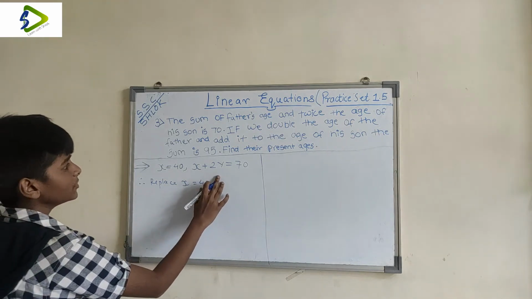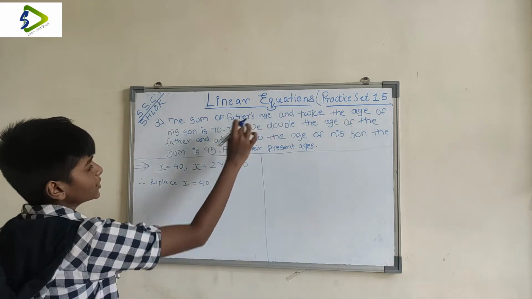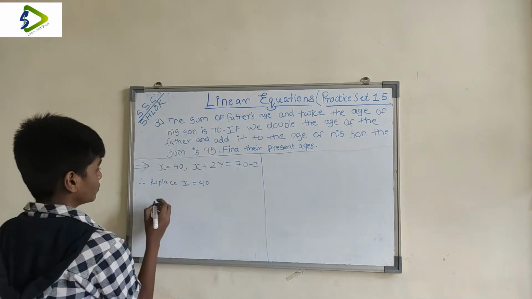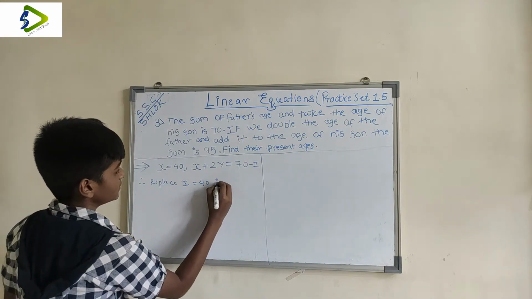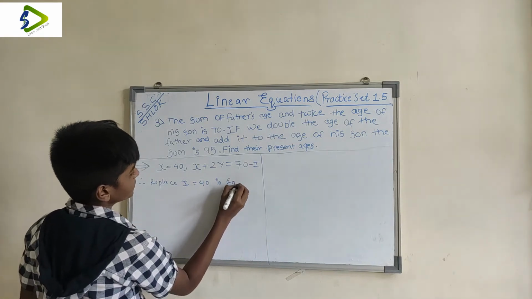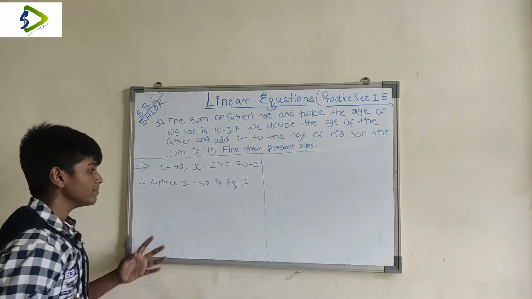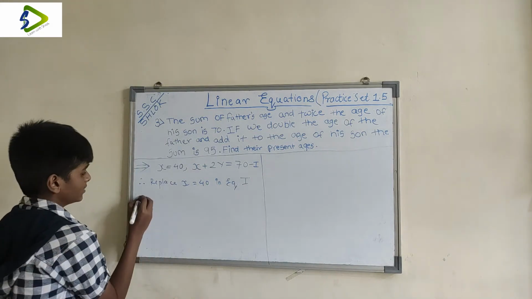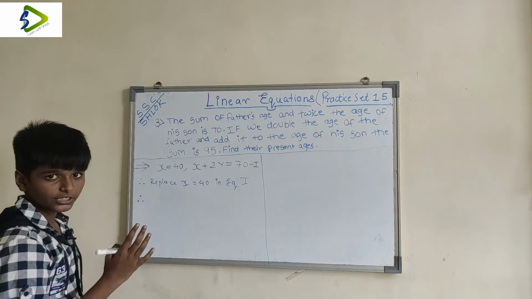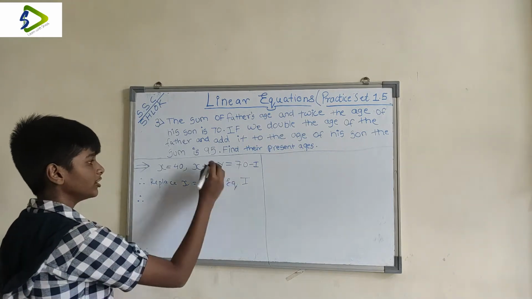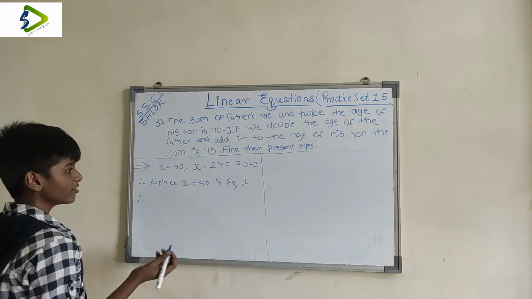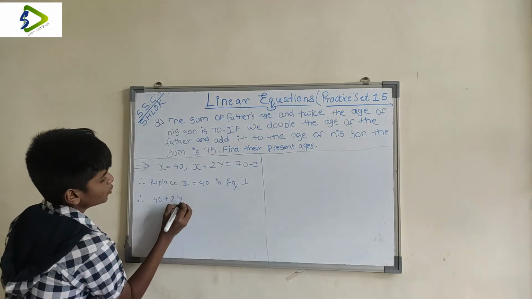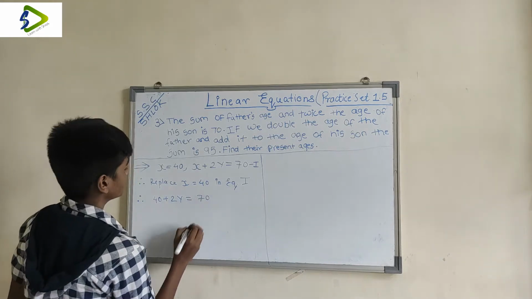Which one is this equation? We have here the first equation, which was equal to 70. So we are replacing x is equal to 40 in equation 1. Now many people might ask why you are writing replace x is equal to 40. You must write this, or if you want full marks, you must write this. Okay, so equation 1 was x plus 2y, so instead of writing x plus 2y, we write 40 plus 2y is equal to 70.